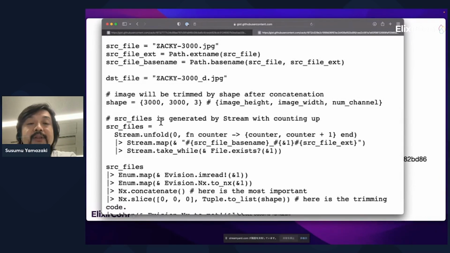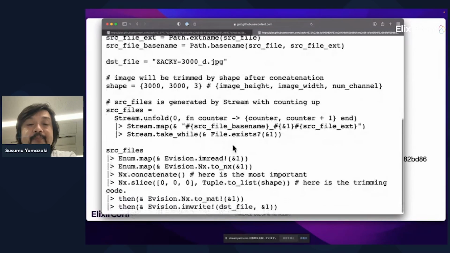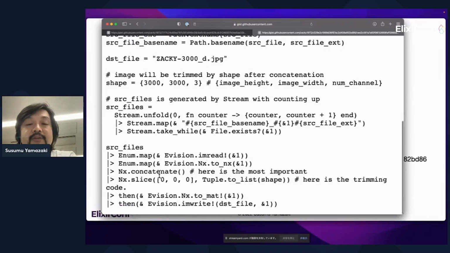Source files are generated by a stream with counting up. Here is the most important part, Nx.concatenate. And here is the trimming code, Nx.slice.